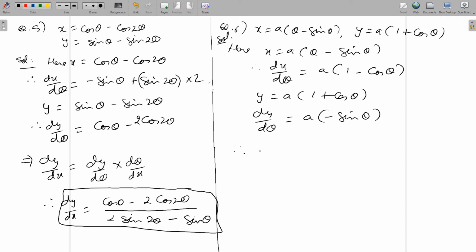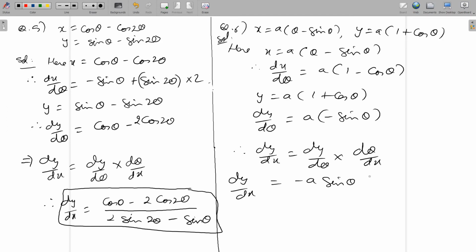Therefore dy by dx will be equal to dy by d theta into d theta by dx, so dy by dx will be equal to dy by d theta, that is a into minus sine theta, that is minus a sine theta, into d theta by dx. So dx by d theta we are having, so we will take the reciprocal of that, so into 1 over a into 1 minus cos theta,